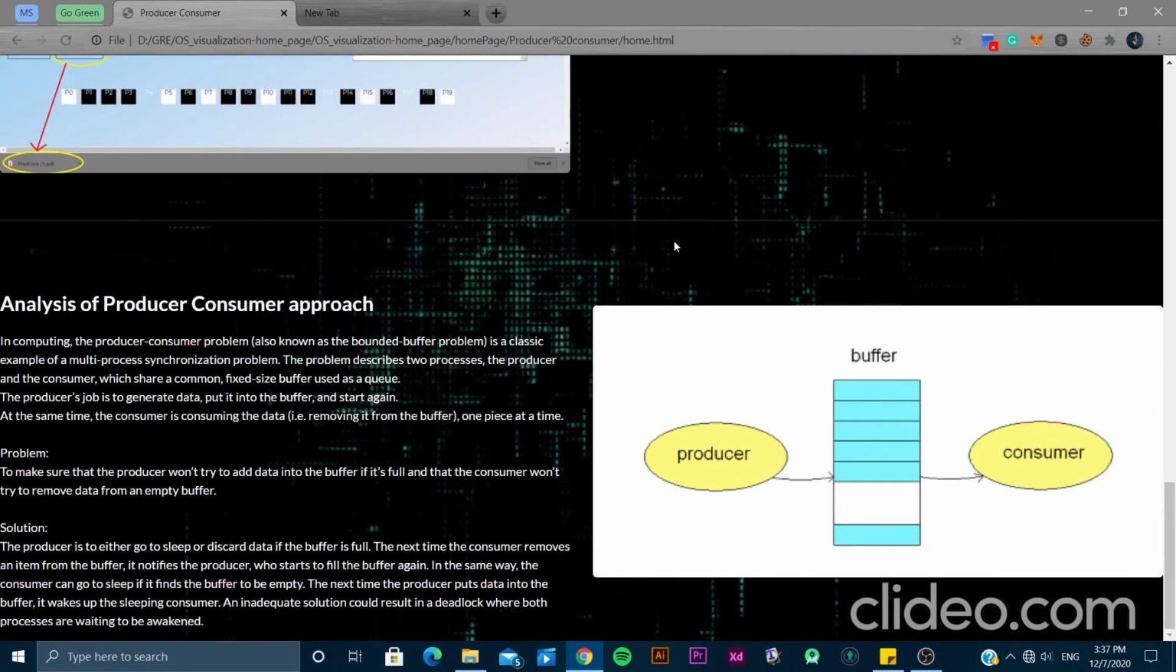Finally, the analysis of our approach. As I previously mentioned, this producer-consumer problem is there in the first place to make sure that we won't try to add data into the buffer exceeding the limit, and we won't try to consume data from the buffer outside the size 0. That is to say that if the entire buffer is empty, you might not be able to consume any process. Now, to get a clear solution,